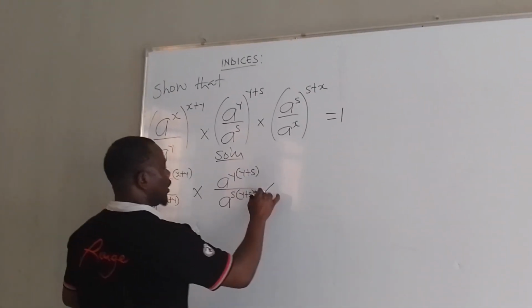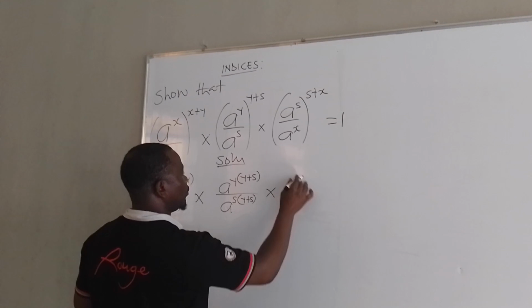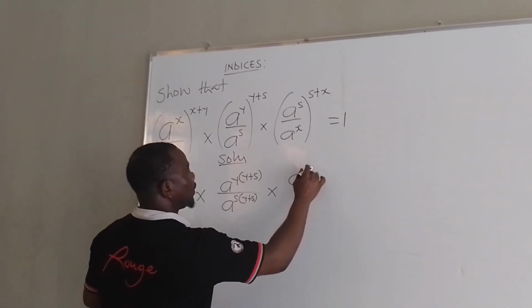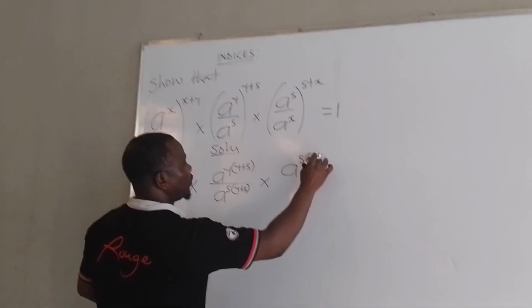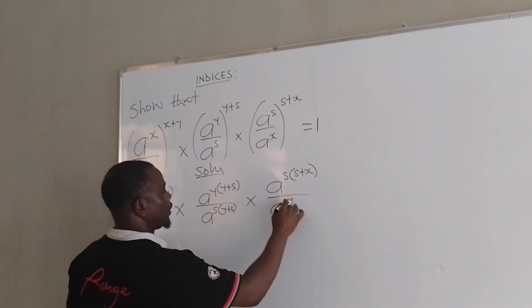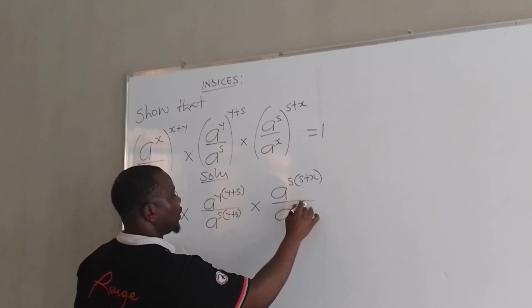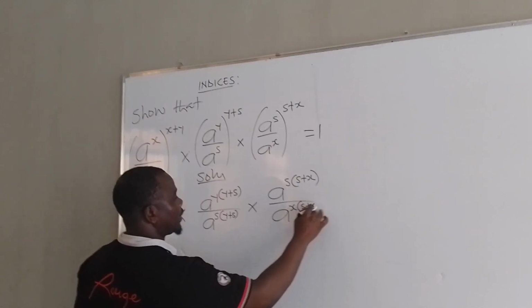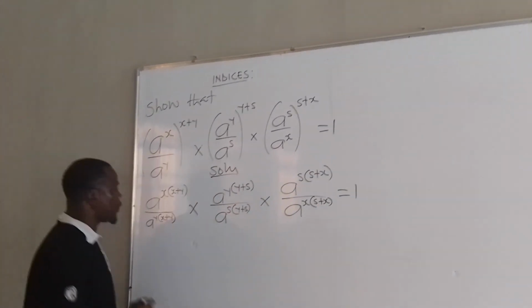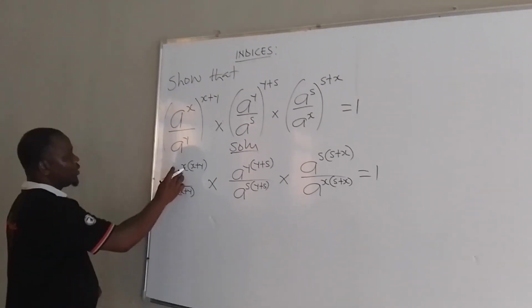Times the same thing applicable, a raised to the power of s, all in bracket s plus x, all over a raised to the power of x, all in bracket s plus x, then equals 1. Okay? So let us open